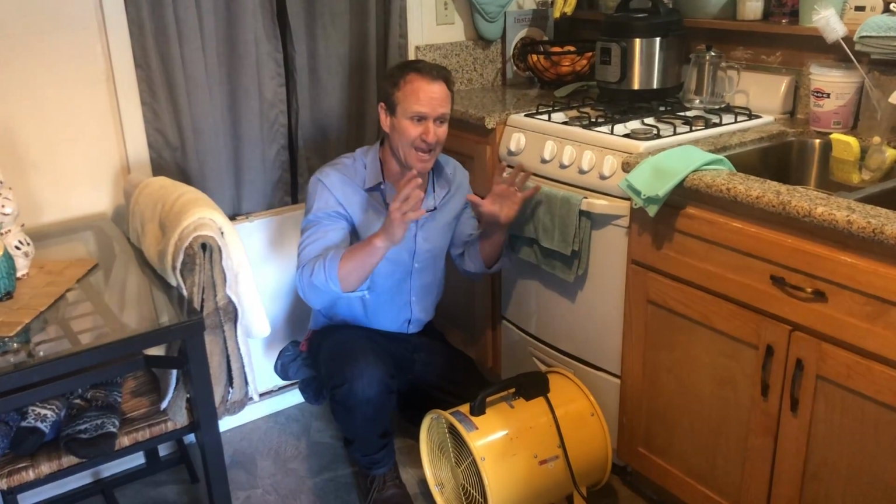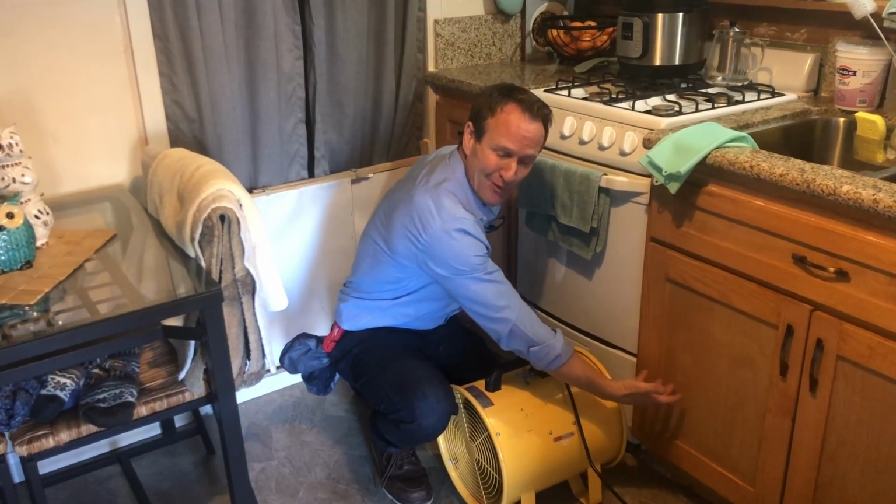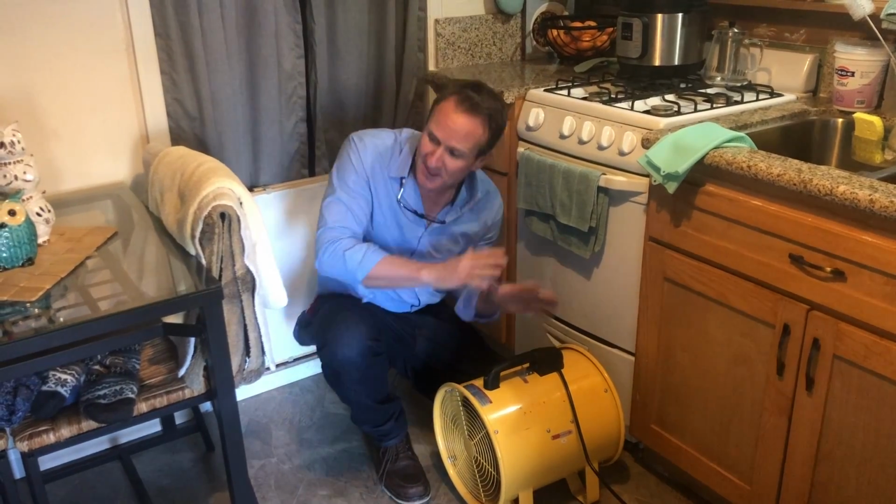Wanted to take a moment and give you the insight on why it's important to hire a water intrusion specialist before you make those repairs. So let's get right to it. All right, folks, so here we are. We're in a kitchen area where rainwater is seeping through and it's coming directly underneath these kitchen cabinets, flooding this